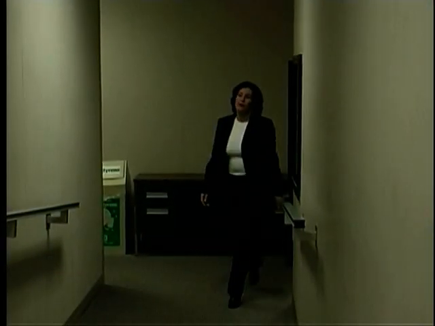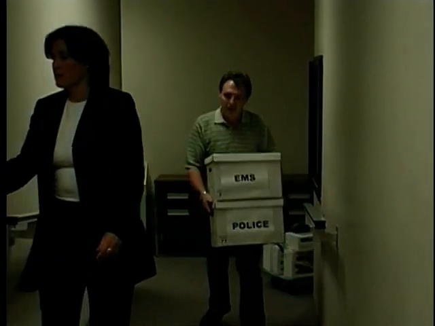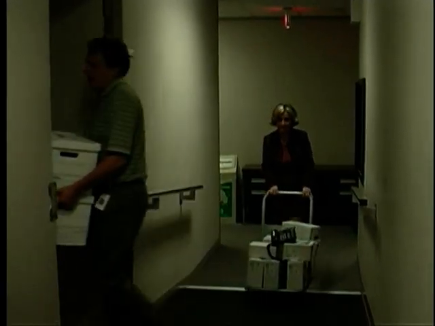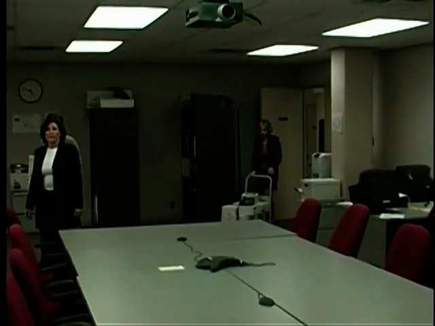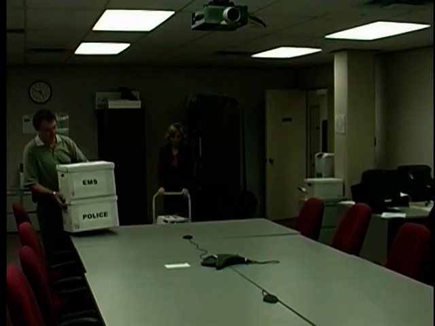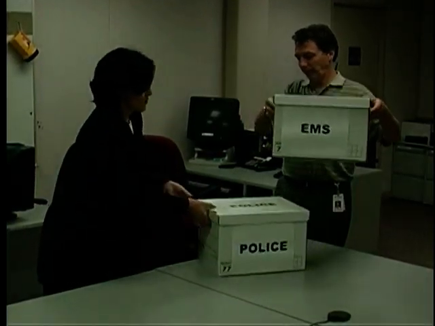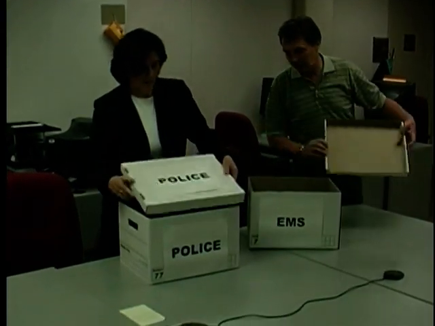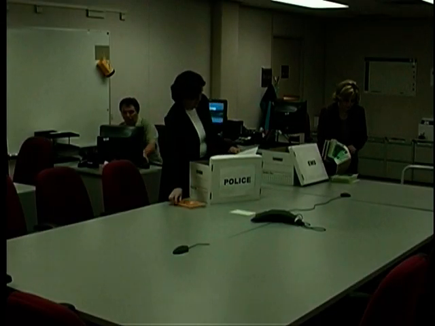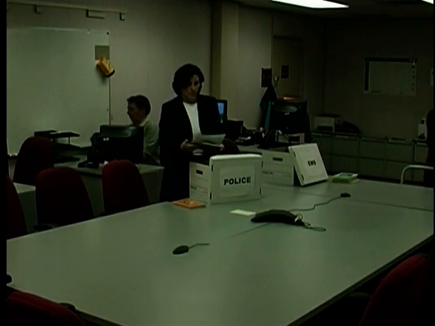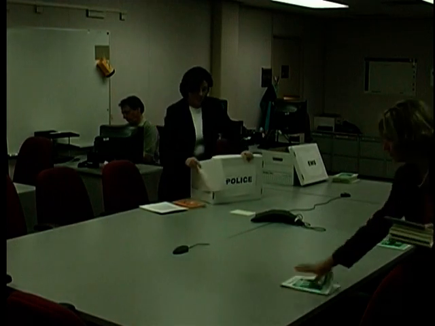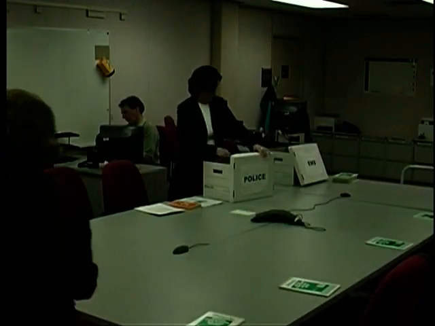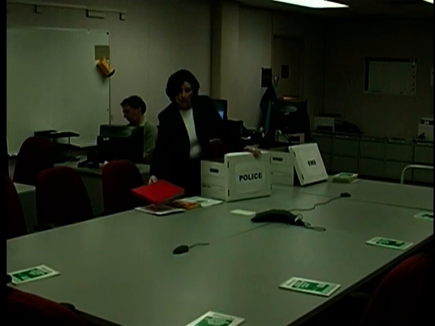As the notification procedures are being made, the Community Emergency Management Coordinator, or CEMC, begins to transform the multi-purpose room of the Town Hall into the Emergency Operations Center. This facility was chosen as an EOC for a number of reasons, including its location, accessibility, layout, and the availability of backup power. As part of the town's preparedness activities, a detailed plan for the setup of the EOC was created.